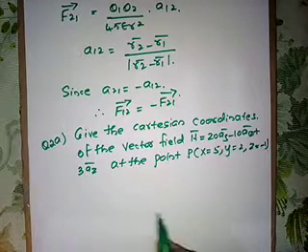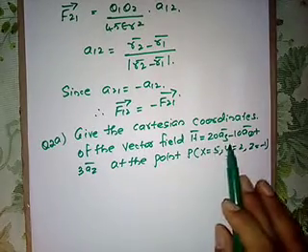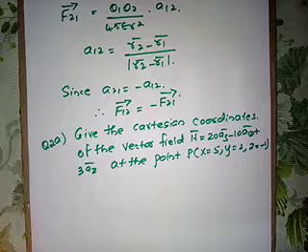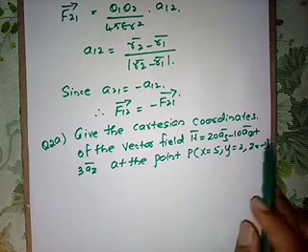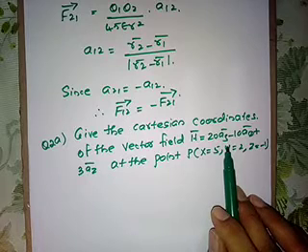So we are supposed to find the Cartesian coordinates of the vector field, right? The vector field is in terms of rho, phi and z. So if the vector field is in rho, phi and z, which system is it, students? Whether it is Cartesian or cylindrical or spherical, tell me. Sometimes they use rho, sometimes they use r, right? Both are one and the same.